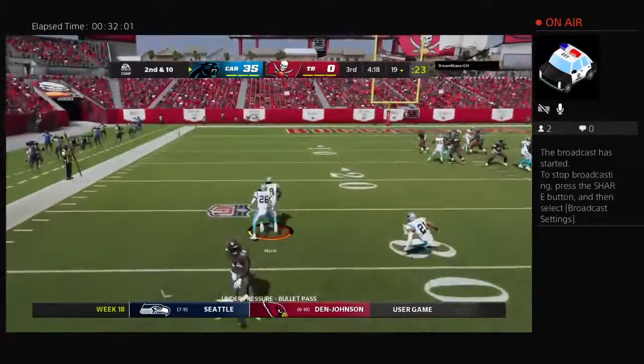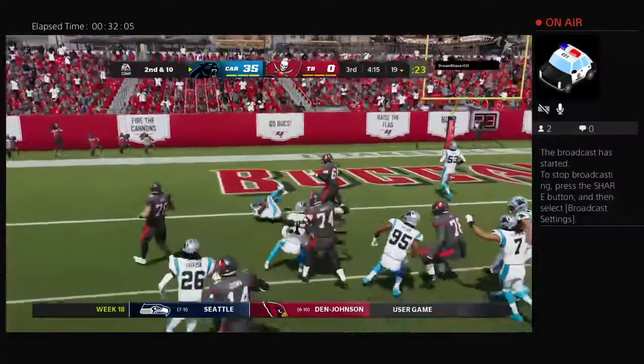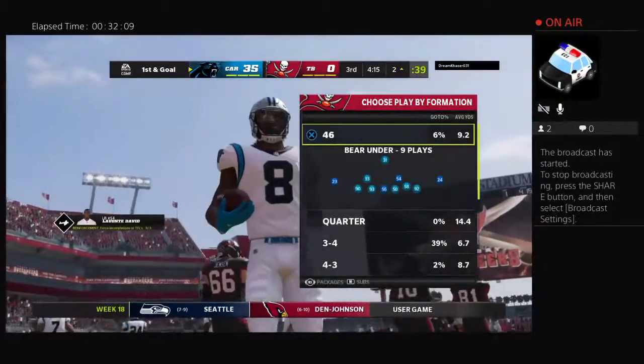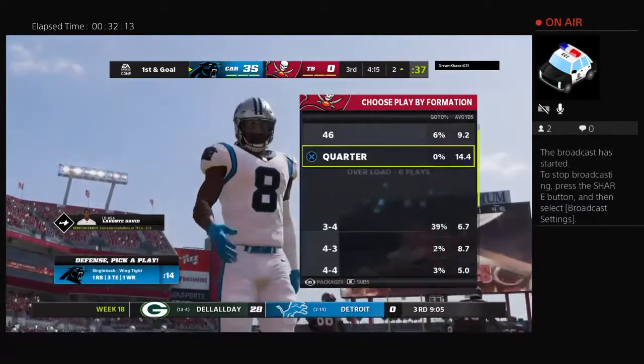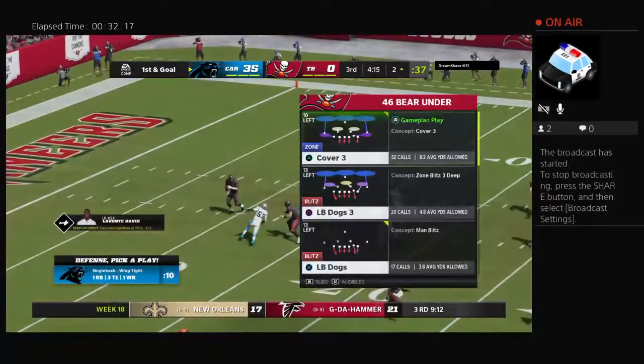And now here's another interception. Picked off by J.C. Horn. And he will not get all the way home, but he will take this back down to about the 2-yard line. Well, such a costly interception, nearly a pick six, but now they're so close they are knocking on the